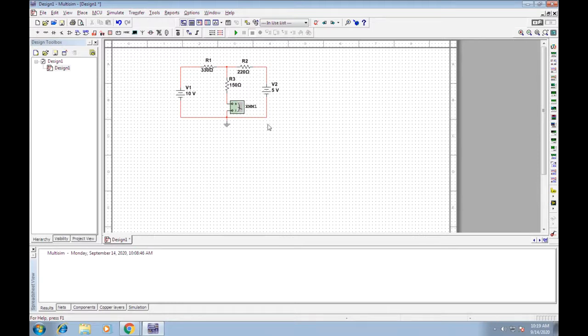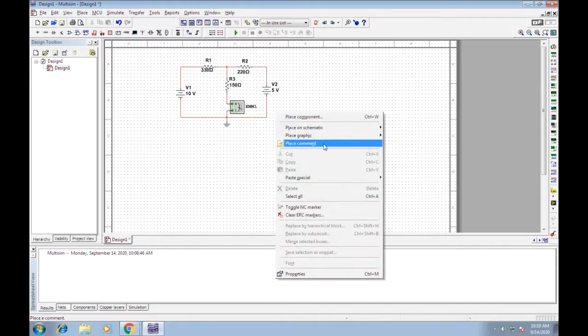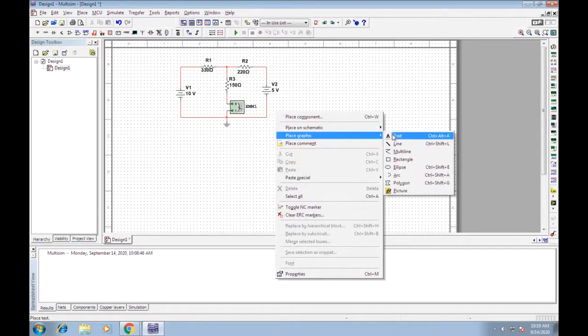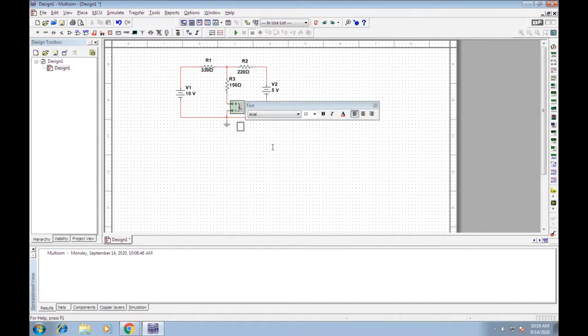Okay, these are the connections, and this current with respect to two sources, we will place a graphic and a text. So let us say that this current is I0, the first current. Let me put it here to say that this current is I0.